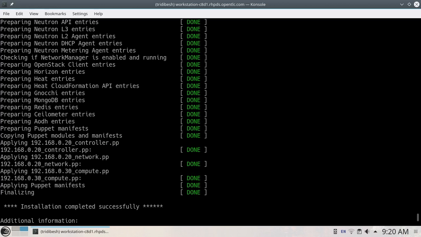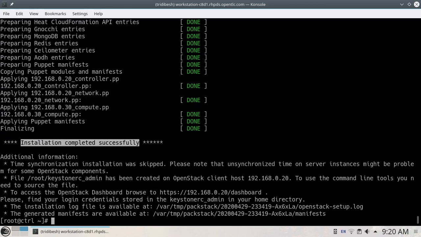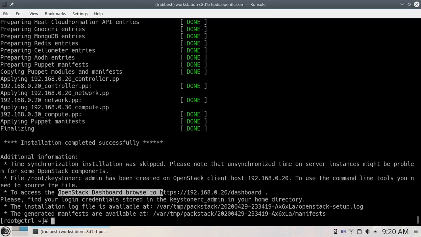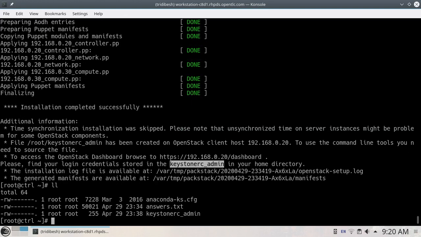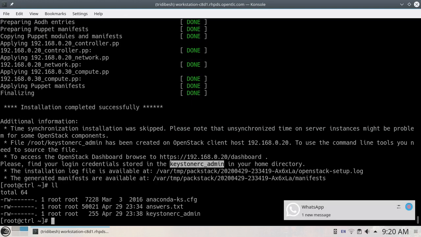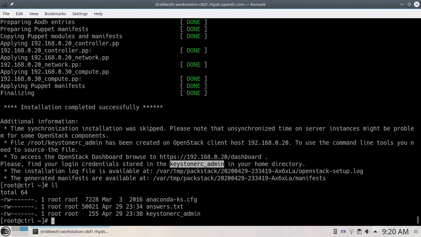Once that is done, it will give you "installation completed successfully", and it will give you some information on how to access the dashboard. It will give you the IP, telling you that you should access your dashboard like this. And it will also generate one keystonerc_admin file in your home directory. So if you see here, one keystone RC file is created,